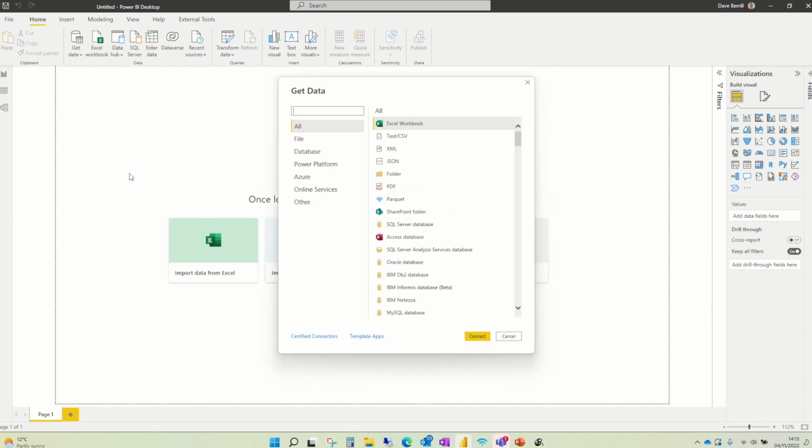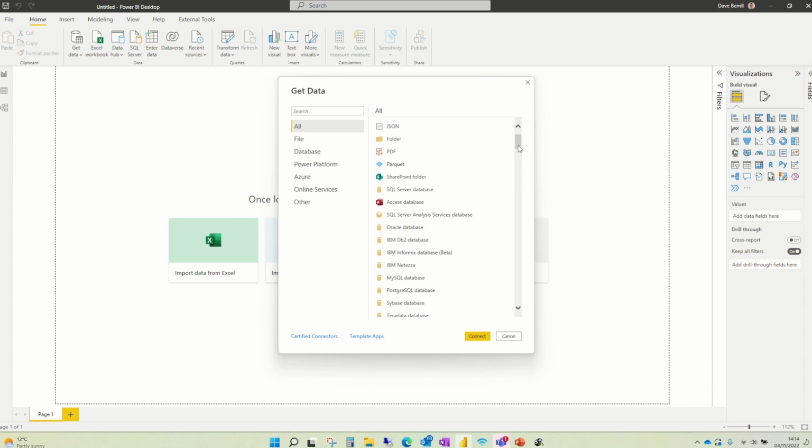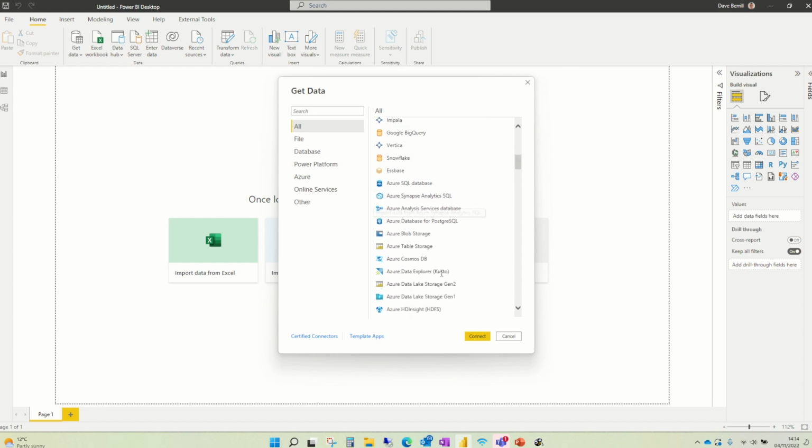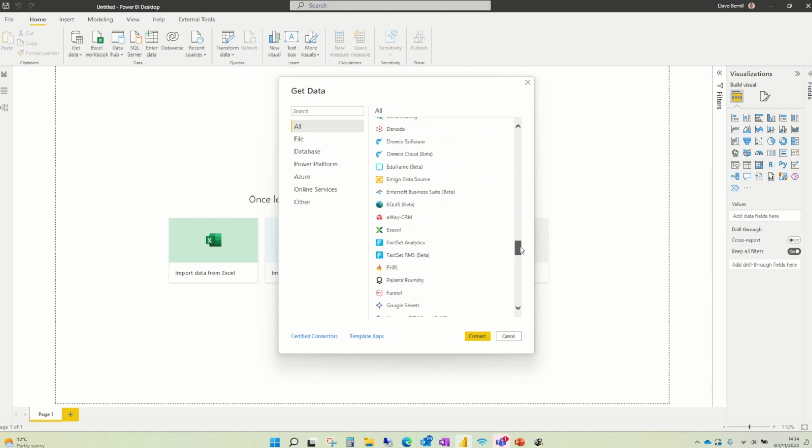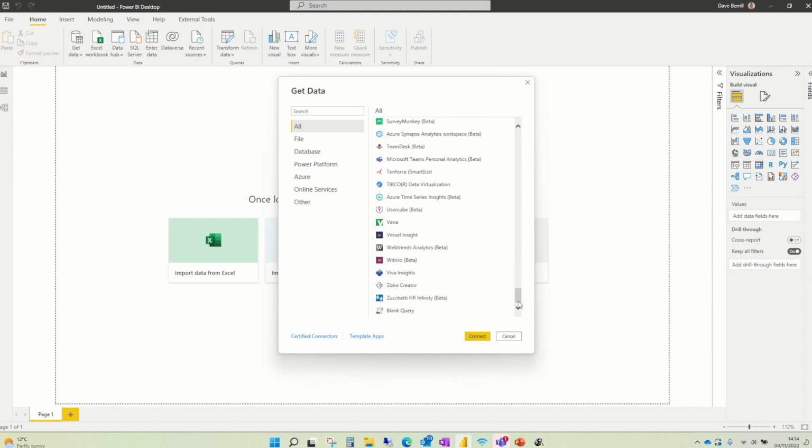At the last count, around September 2022, there was something like 86 pre-built connectors available in Power BI Desktop. A lot of them are for common Microsoft tools, so Excel, SharePoint, Access. You'll also see them for other database engines like Oracle or MySQL. There are connectors now for Google BigQuery, Azure, basically all of the Microsoft cloud services. And there's also lots for niche particular software solutions, things like Smartsheet, and there are HR systems that are covered in here,